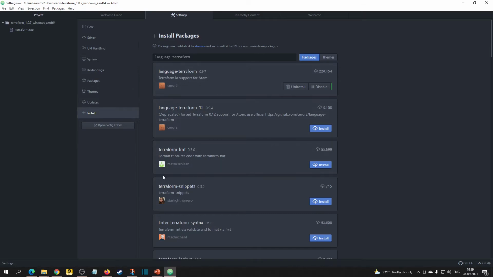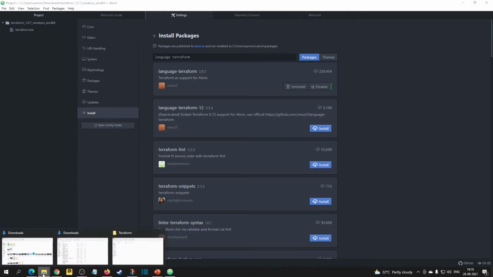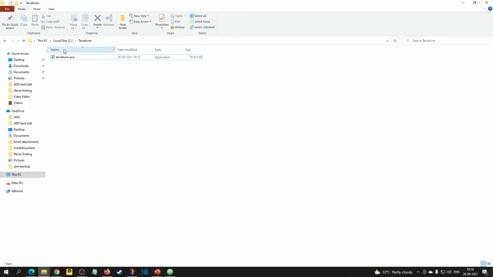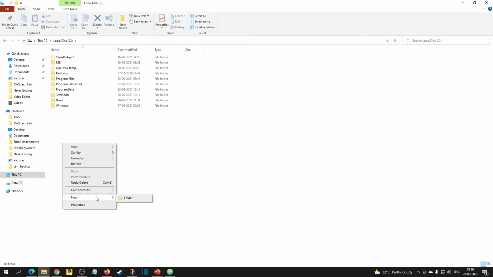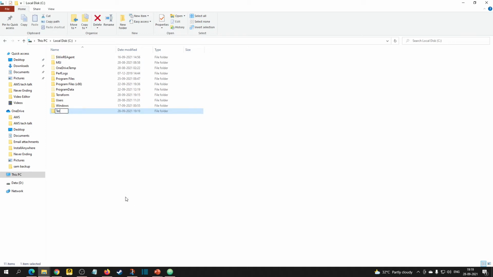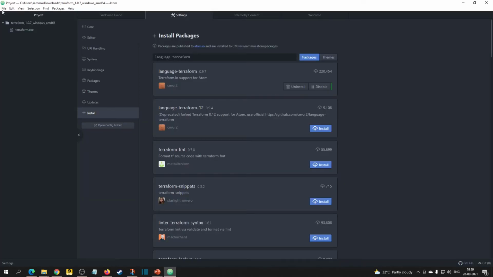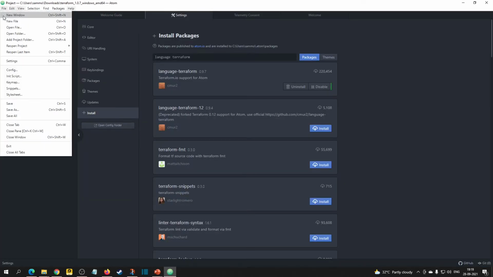So now we have installed language-terraform. Next, where are we going to keep our code? You can keep your code anywhere. For this demo I'm keeping it in a folder called Terraform code, though you can choose any folder.